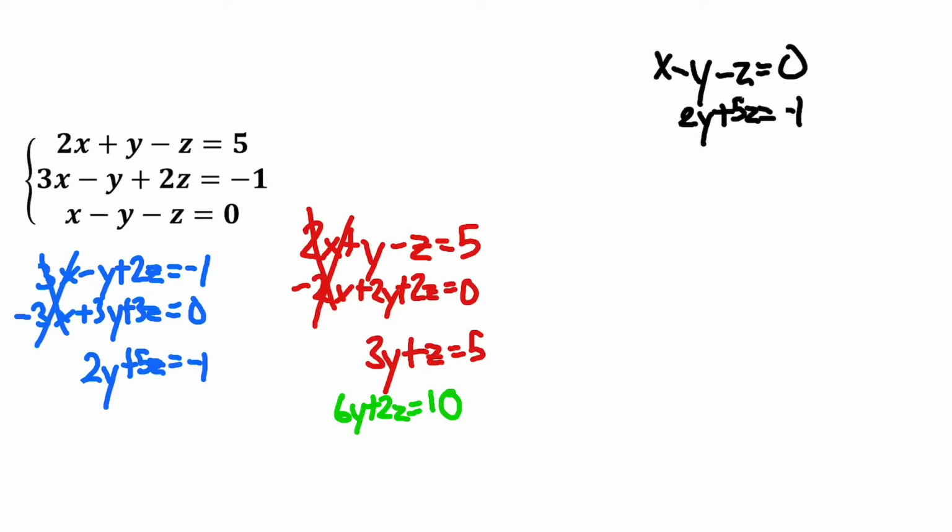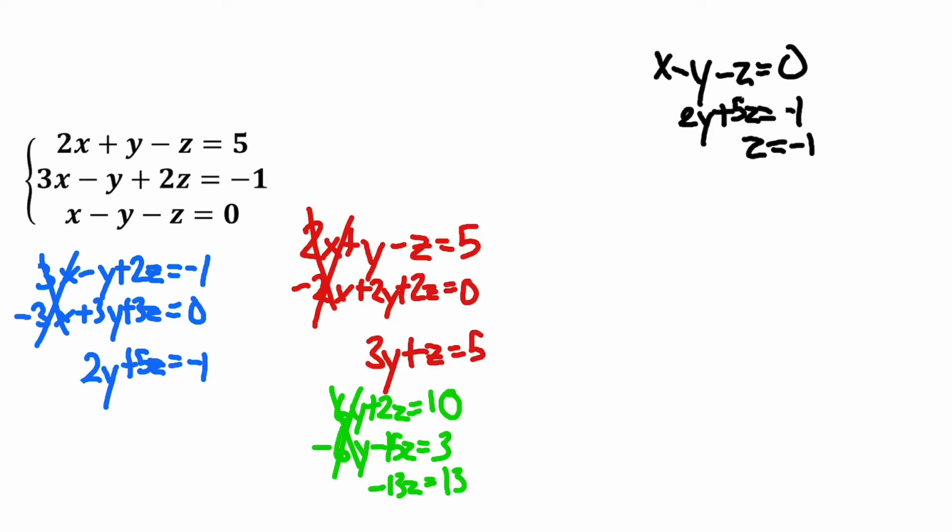And I'm going to multiply the bottom equation by negative 3, so that's negative 6y minus 15z equals, in this case, 3. These cancel out. Negative 13z equals 13, which tells me that z equals